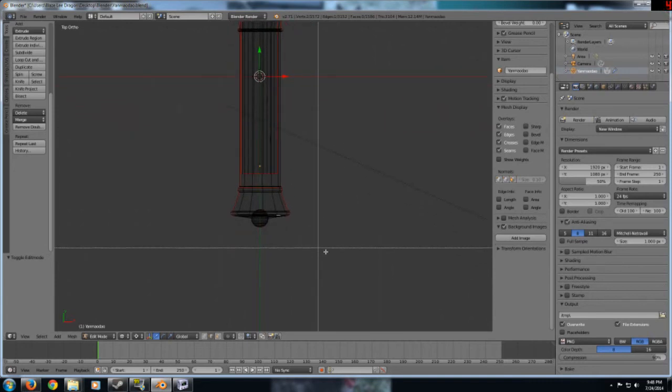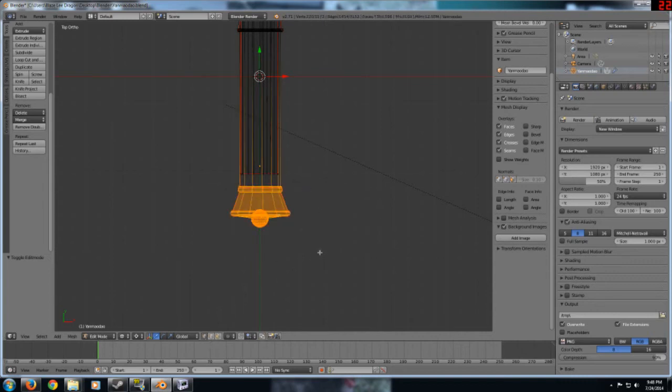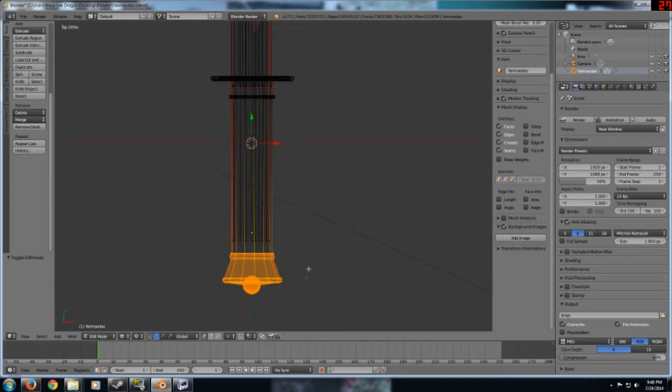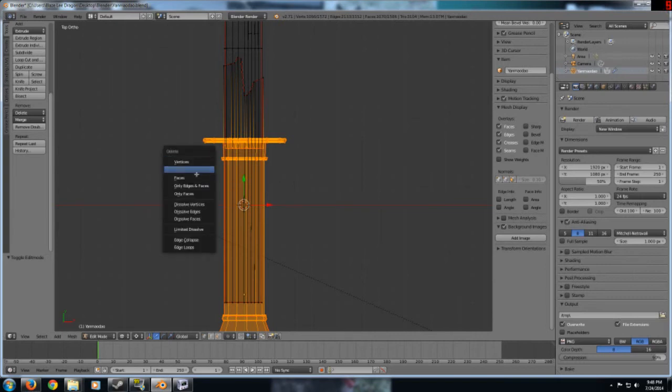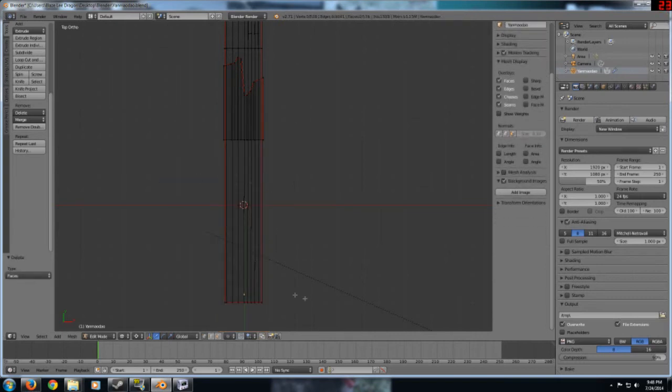So I'm going to hit B for box select. I'm going to take this bottom section here, and I'm sorry, I want to take these dots like that. So I want to go ahead and take all of those, and then I'm going to box select up here, and then I'm going to hit delete faces, take out basically the whole guard area, and then I'm going to